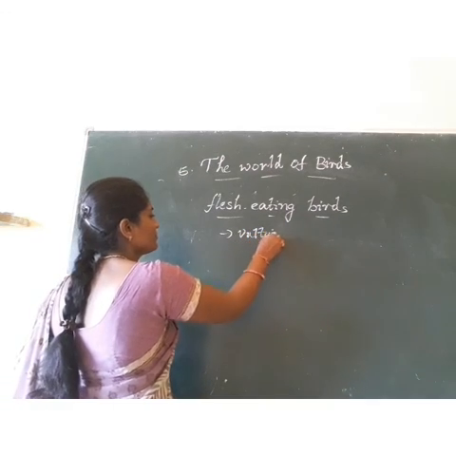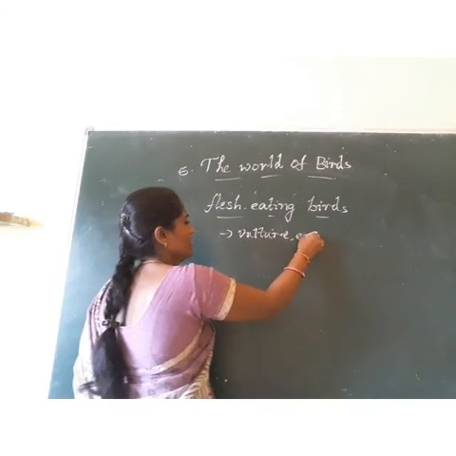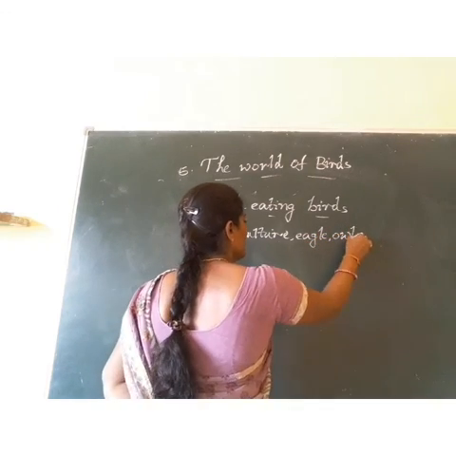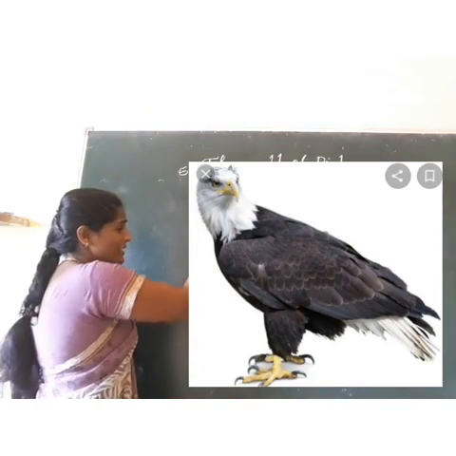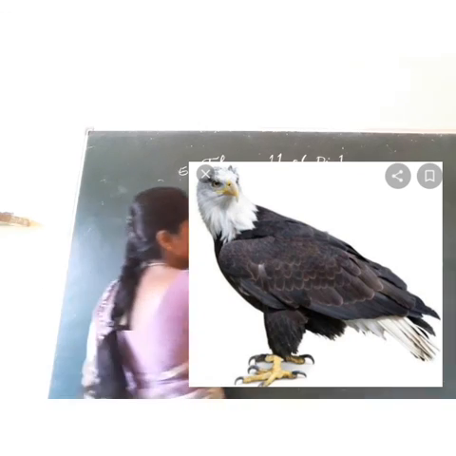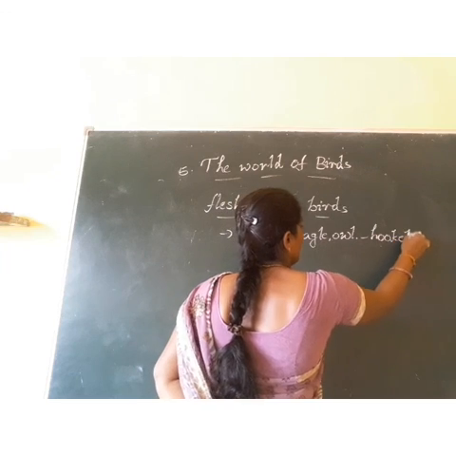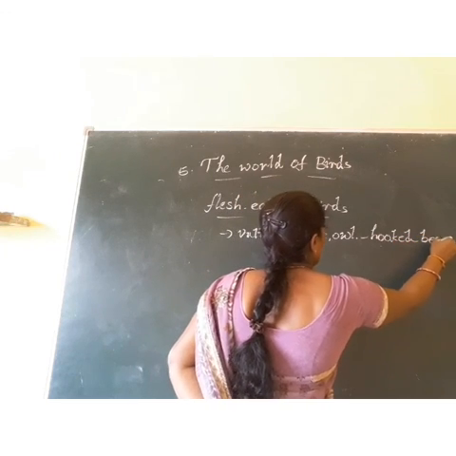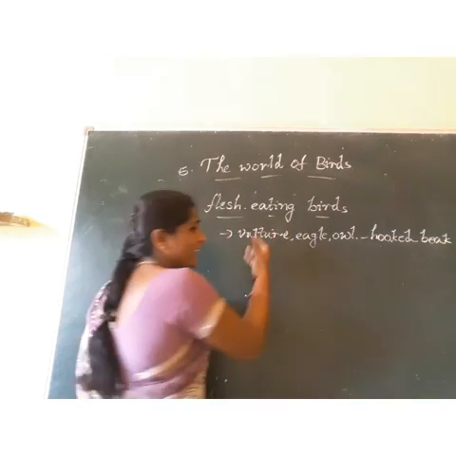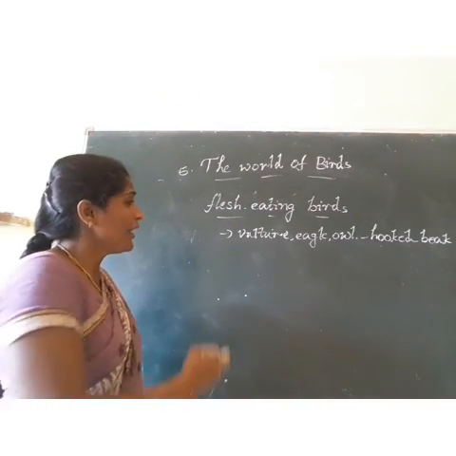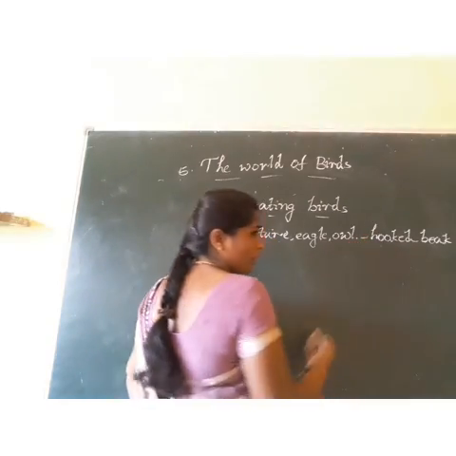Vulture, eagle, and others I told you. Which type of beak do they have? They have a strong hooked beak. With its hooked beak they can tear the flesh of other animals. And they are not only using the hooked beak,